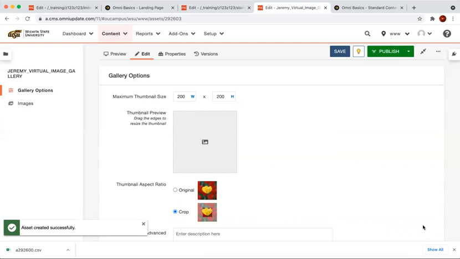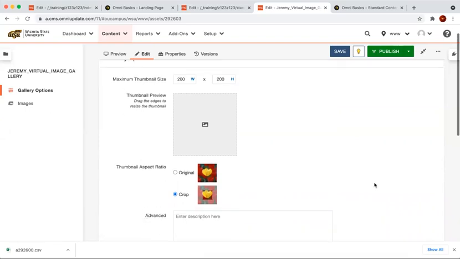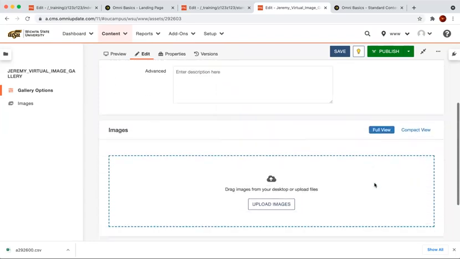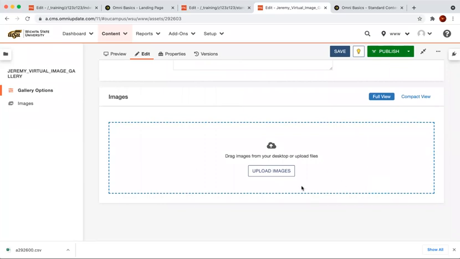Now, at first glance, nothing has changed. And this does confuse a lot of people the first few times they use the image gallery. It's like, I don't get what it did. How's it going to find my images? Well, actually, it tucked the upload system underneath. Now, the upload is not set up for images the same way that you've uploaded and used them in OmniCMS. You upload them directly from your desktop or wherever you have them, if you have another drive or whatever. You're not going and looking for images in OmniCMS the same way you did before. So I'm going to click upload images and I'll get a pop-up